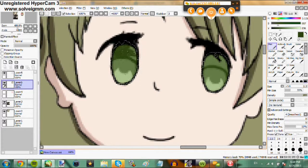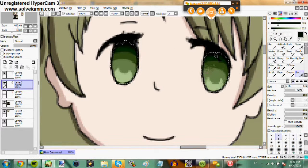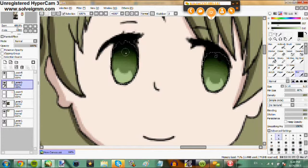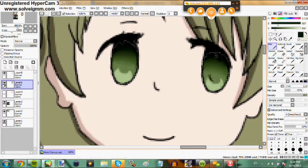And as you get closer to the top of the eye, I would recommend using darker versions of the color you started out with. And then what I do is just blur it up, and it gives a cool effect. And I kind of got near black near the top because it blends in with the line art that I did up there. And for the pupils, I make 2 crescents near